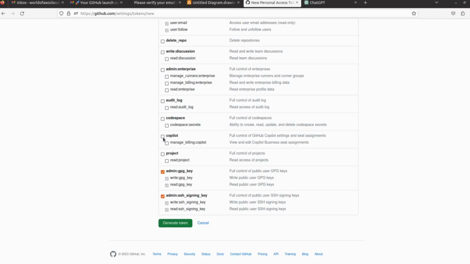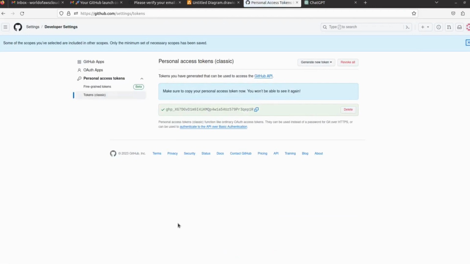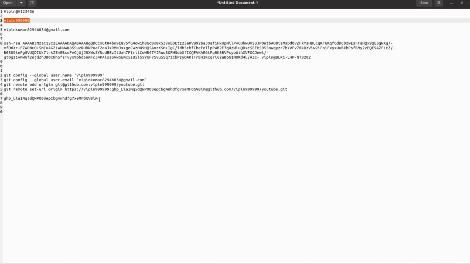It's taking a bit more time, my system, I don't know. So let me hit generate token, copy this token, and paste it here.